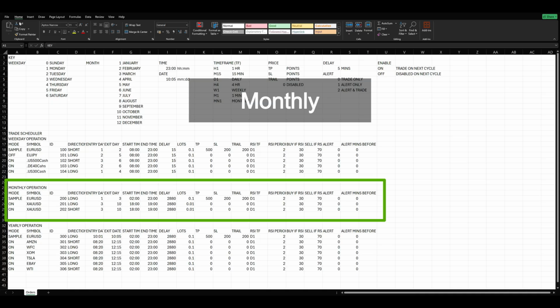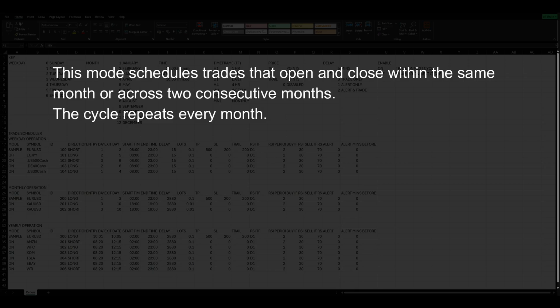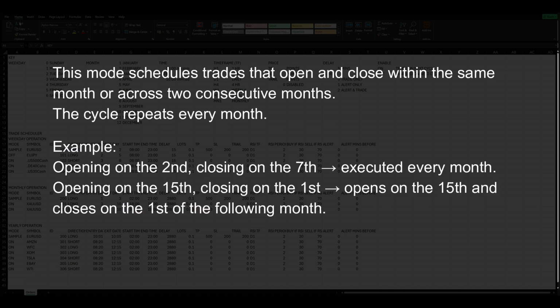Monthly seasonality. This mode schedules trades that open and close within the same month or across 2 consecutive months. The cycle repeats every month. Example: opening on the 2nd, closing on the 7th, executed every month. Opening on the 15th, closing on the 1st, opens on the 15th, and closes on the 1st of the following